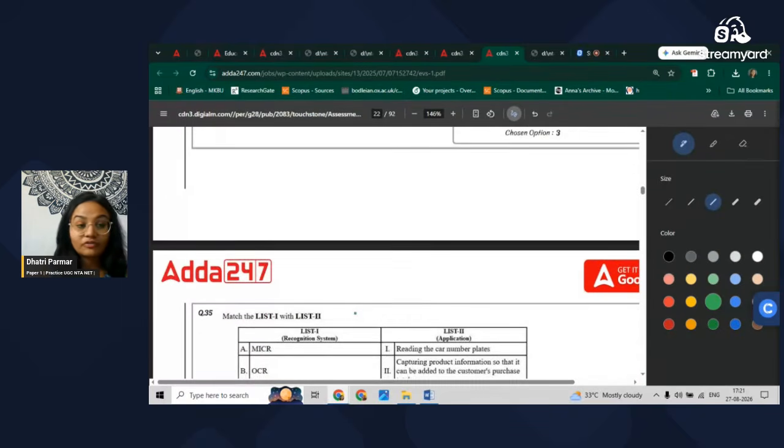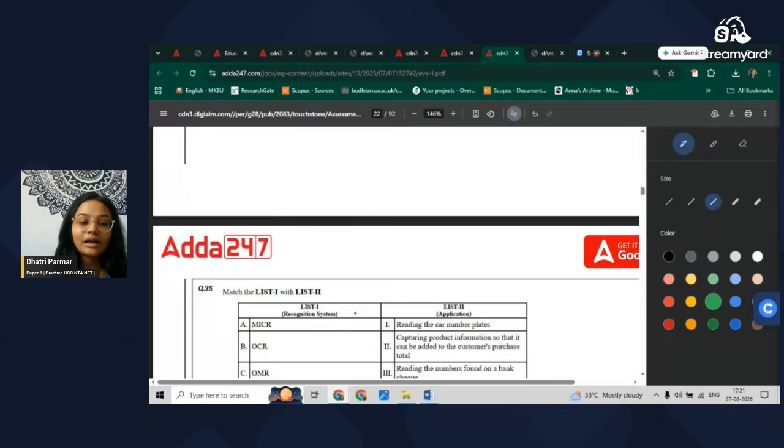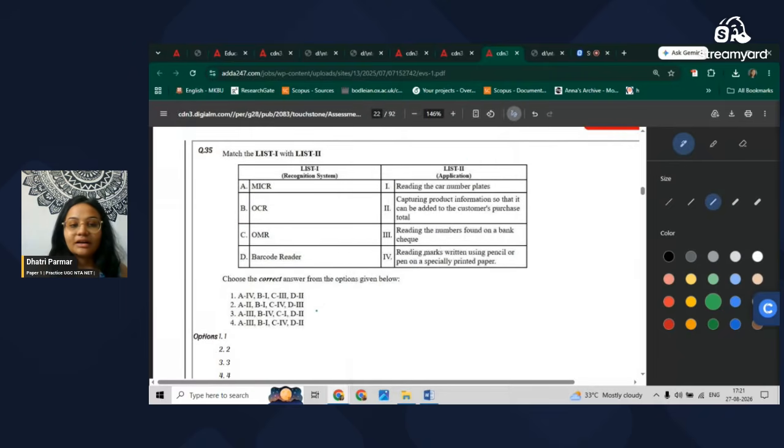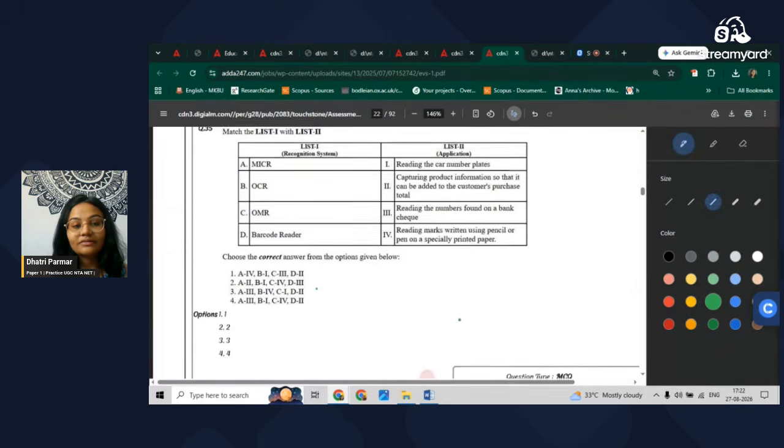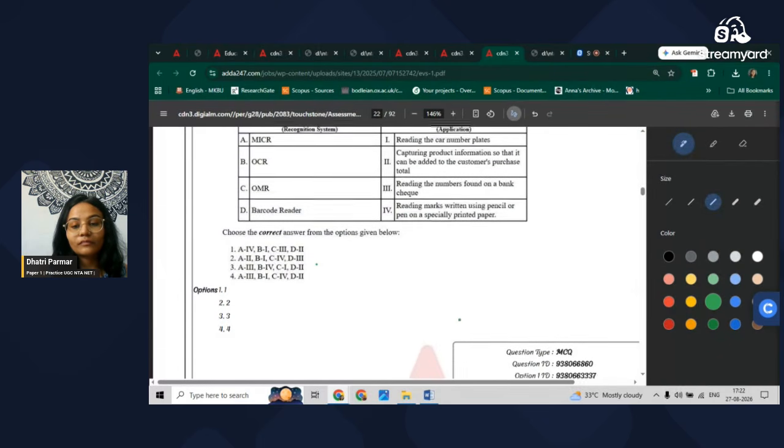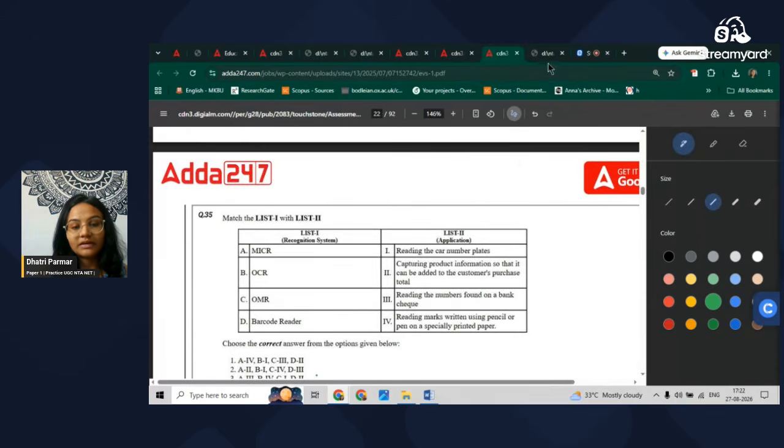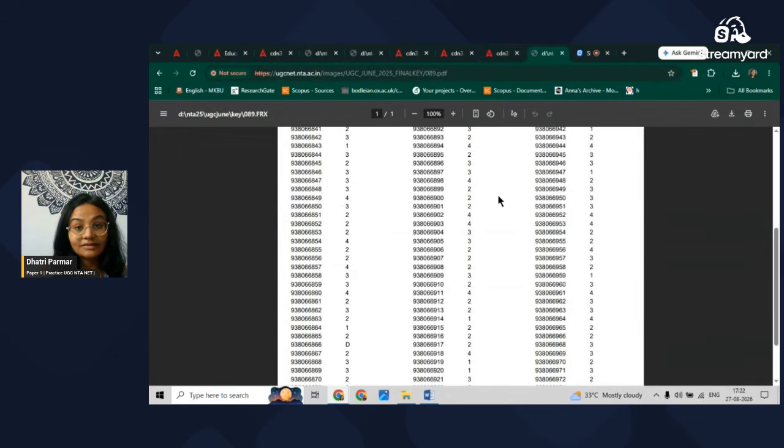Okay, next is a question from ICT. Reading car number plates, capturing product information so that it can be added to the customer's purchase total, reading the numbers found on the bank check, reading the marks written using pencil or pen, and especially printed paper. So it is barcode reader. B, barcode reader. MICR, then we have 6816, and the answer is